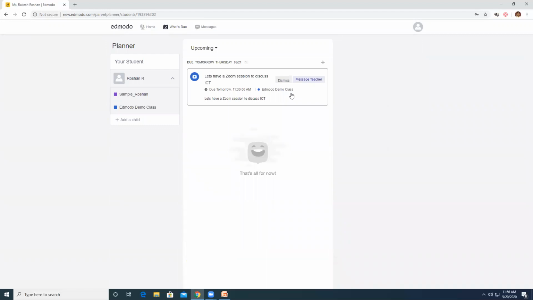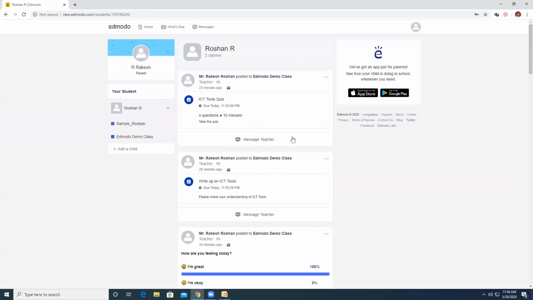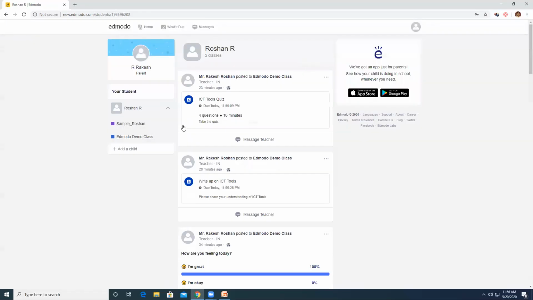If your kid has done the assignments, the parent will get to know whether it's done or not. From the home itself, you can see whether it's done or not. You can also have a link to the post. It's not required right now. You can also do it from the app. There is an app for parents, an app for students, and for teachers, of course, so you can do it from your mobile also.